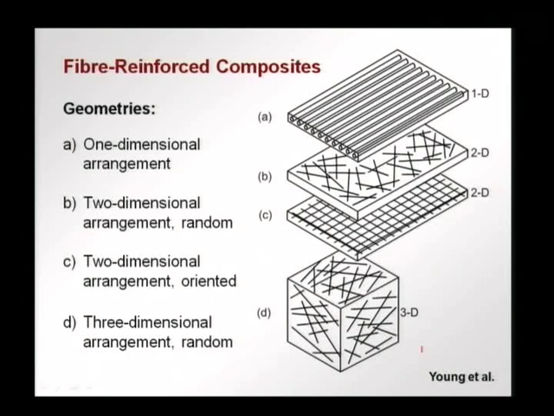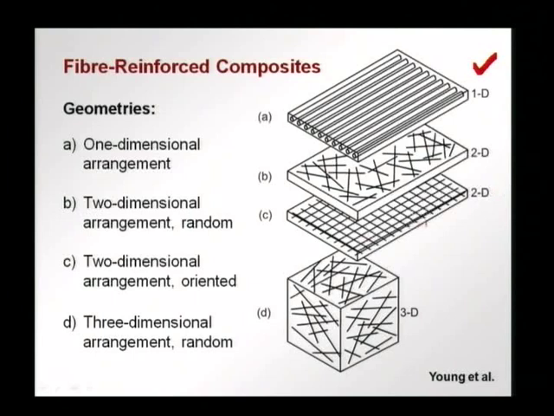Fiber reinforced composites can have different systems of fibers within the polymer. You can have a one dimensional arrangement where all the fibers are in one direction. A lot of the fiber reinforced composites that we have in civil engineering applications are of this type. You can also have a random arrangement. This happens sometimes in boards that are used for maybe non-structural applications. So you have a two dimensional arrangement, but it is a random arrangement of fibers,